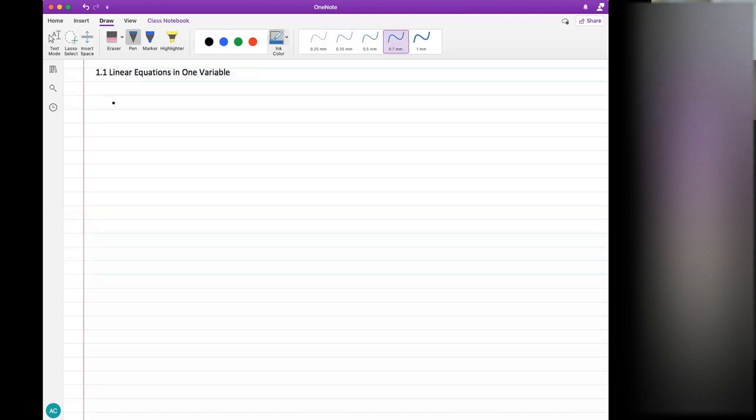All right, so today's lesson is about linear equations. Linear equations in one variable. So last time we talked about, so let's do a definition here for equations. So last time